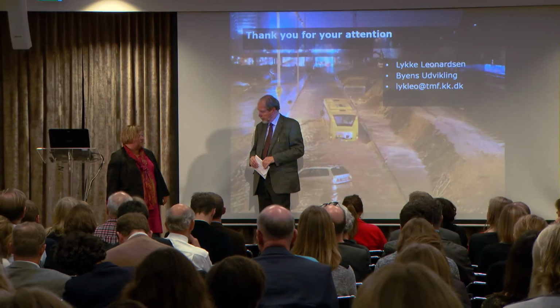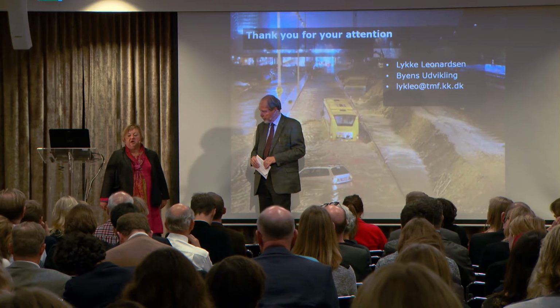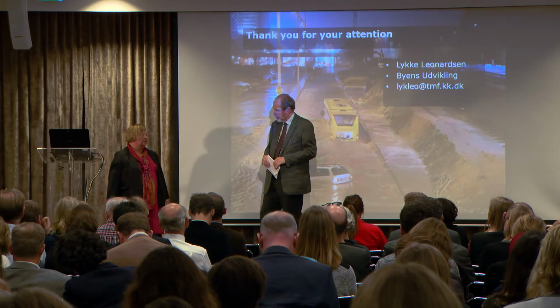Well, we've been blessed with a management in the city who have really been supporting us for that. So we got the maximum backup, and they've basically declared that this is a top one priority for Copenhagen over the next years, to actually get this in place. So all new planning has to take this into consideration. So when our city planners are working on a local plan, when we're working on the city master plan, it all has to integrate climate change adaptation. All new projects have to be screened for adaptation issues, and we even have permission to go in and stop projects that are in the planning phase if they haven't done it, and say to them, you have to think,